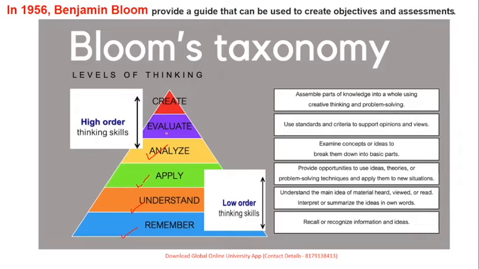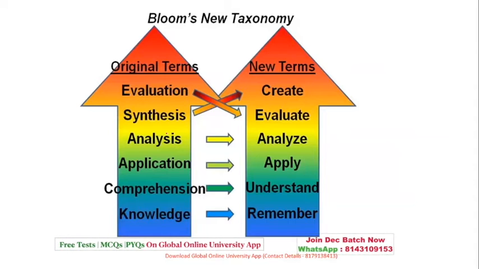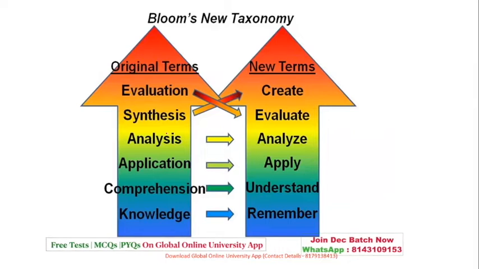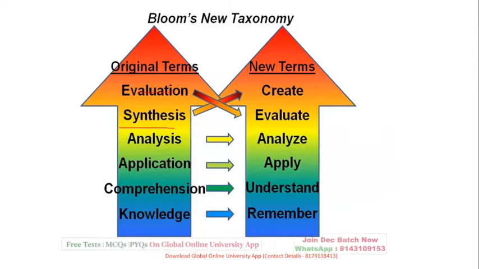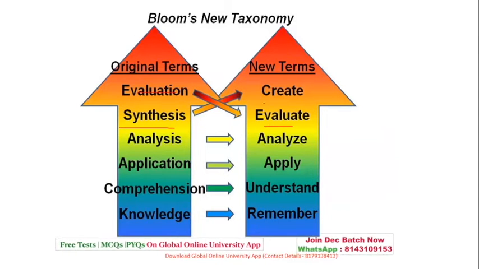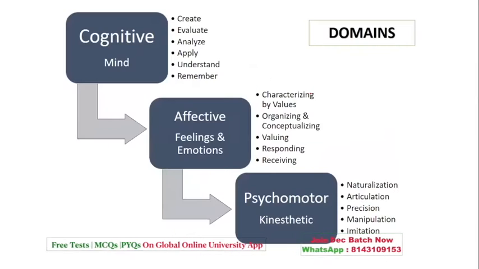So what are the expected questions? How can it come? What do you need to remember? It's very clear. The next is, yes, we are talking about Bloom's taxonomy, where we just saw the new terms, but you may get the original terms, wherein it started with knowledge, comprehension, application, analysis. But earlier it was synthesis and evaluation. Now evaluation is one scale down, and it has taken the new role of creation. Okay, so this is all about Bloom's taxonomy.